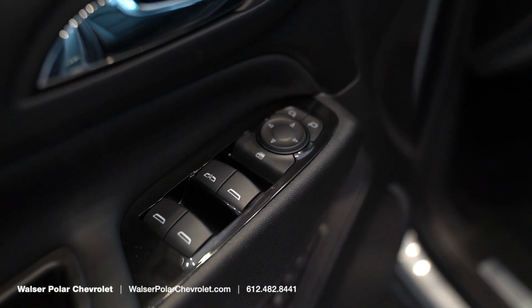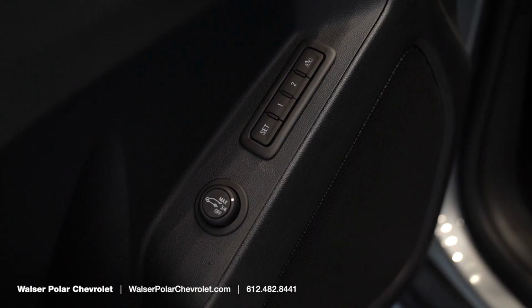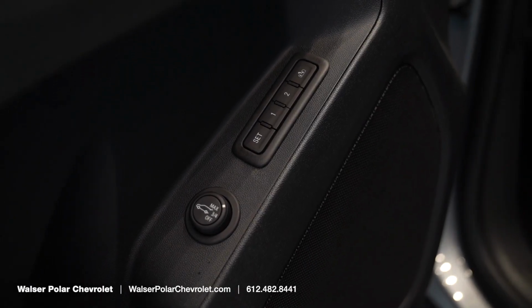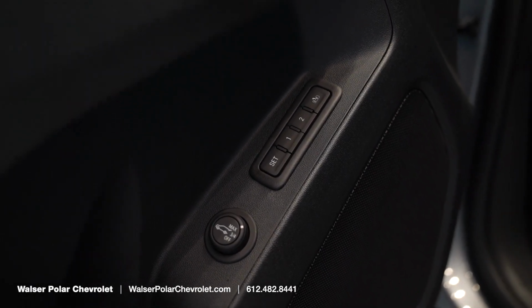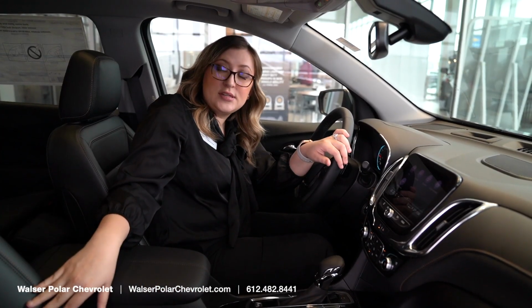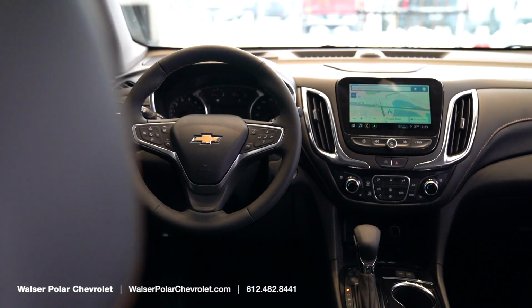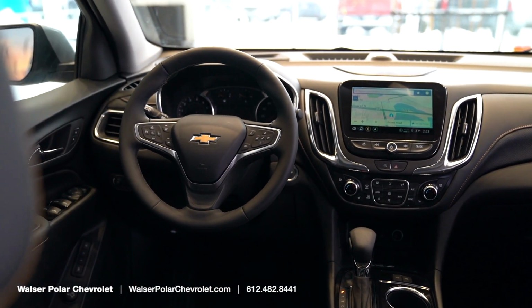Mirror adjusters, windows. Down here, it's kind of hidden. You have memory seating, button to open up and close the tailgate. We also have Bose premium sound in this Equinox. You have premium leather with premium stitching. Like I stated, one of my favorite features that the 2023 Chevy Equinox Premier has, this is all brand new,